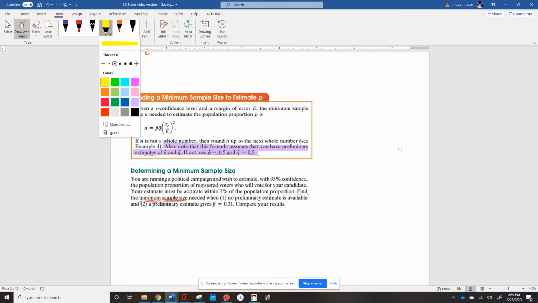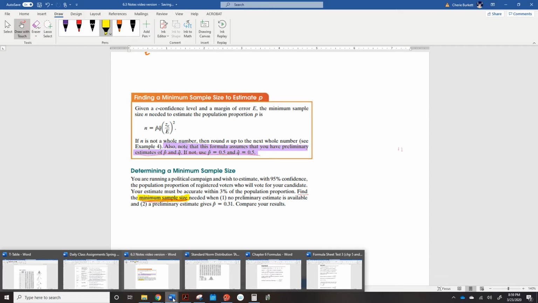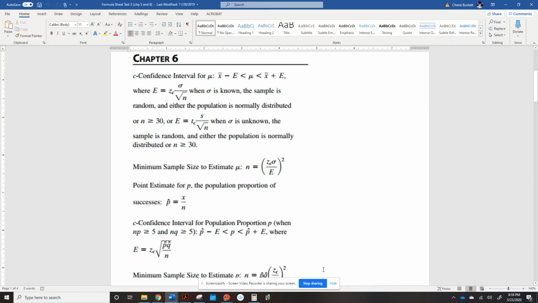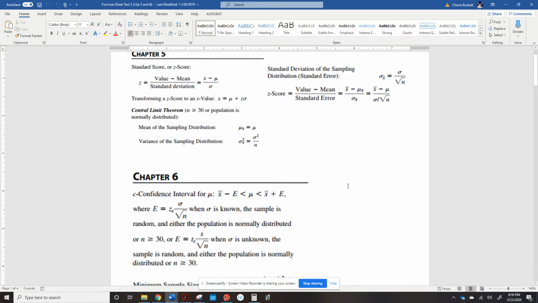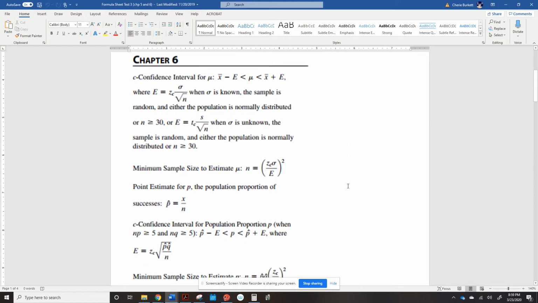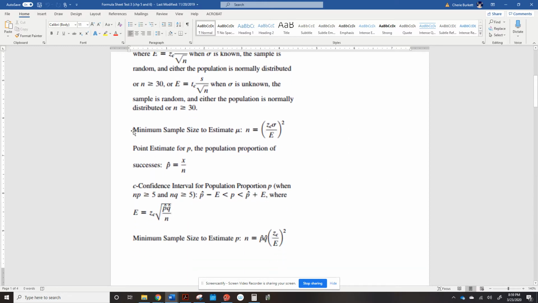So when it says find the minimum sample size, you should look up on your formula sheet. Well, here's the problem. This is what your formula sheet is going to look like. This is your formula sheet. I will be sure I put this in the resources for you. But here's your chapter 5 formula sheet. It's really short and sweet. And then here is your chapter 6 formula sheet. And if you'll notice,